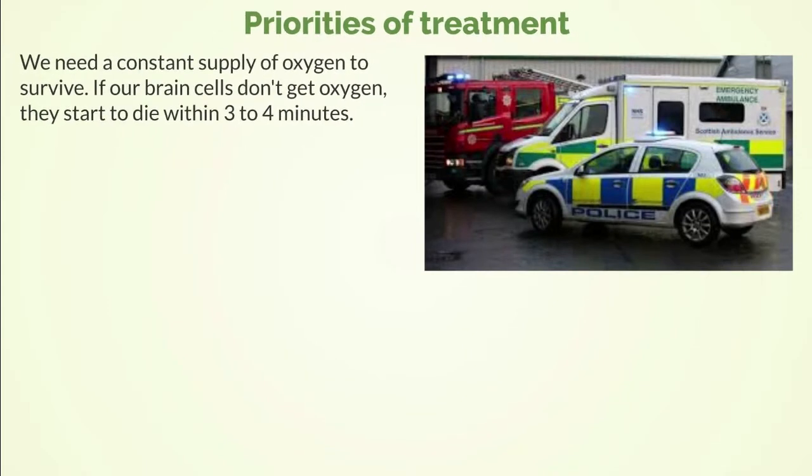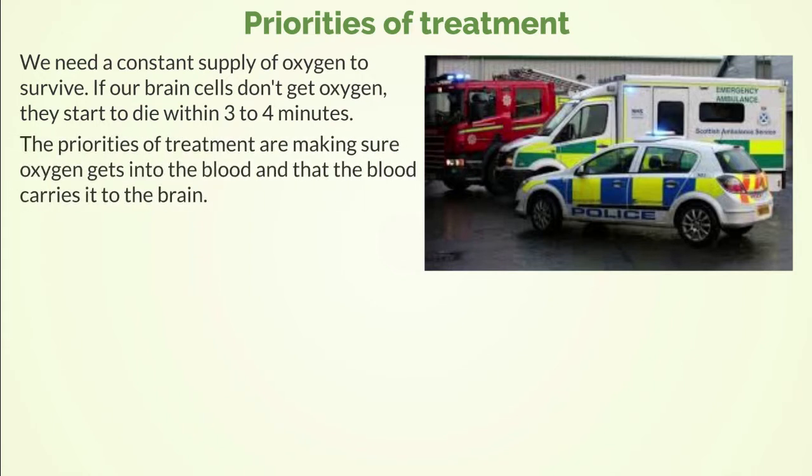We need a constant supply of oxygen to survive. If our brain cells don't get oxygen, they start to die within 3 to 4 minutes. The priorities of treatment are making sure oxygen gets into the blood and that the blood carries it to the